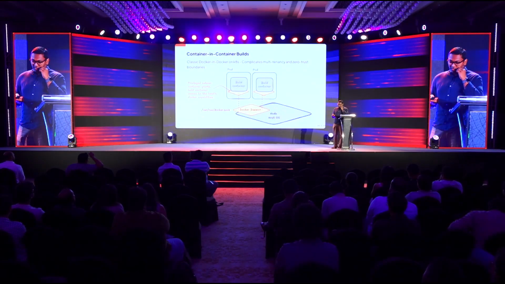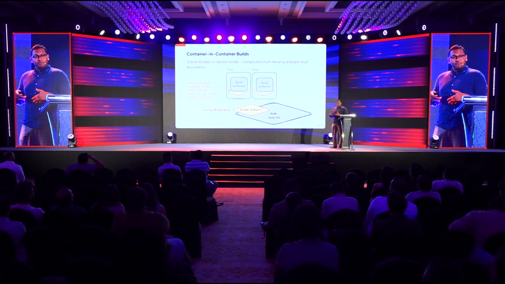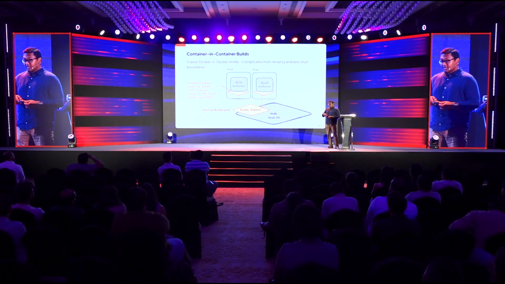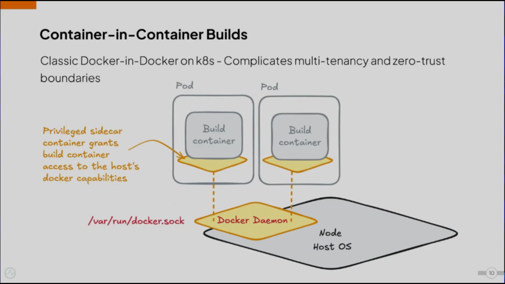So if you can guess what the problem is, it's kind of related to Inception, if you haven't seen the movie. The issue is we are now running a node on a virtual machine, and we have a virtualized container running in it, and we are trying to build another virtualized artifact inside of that, right? So we are dealing with 3 levels of nested virtualization, and with that comes a whole bunch of new problems, especially if you're trying to build a multi-tenanted system and you're trying to enforce zero trust.